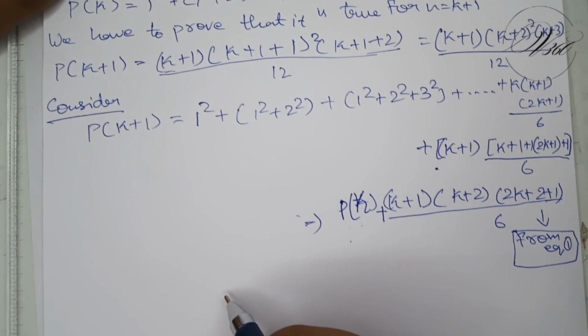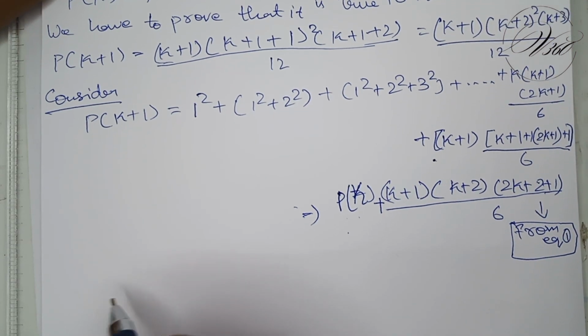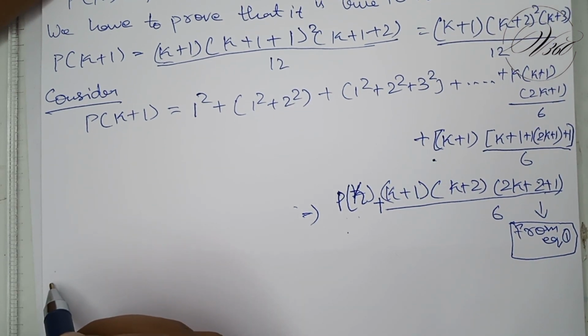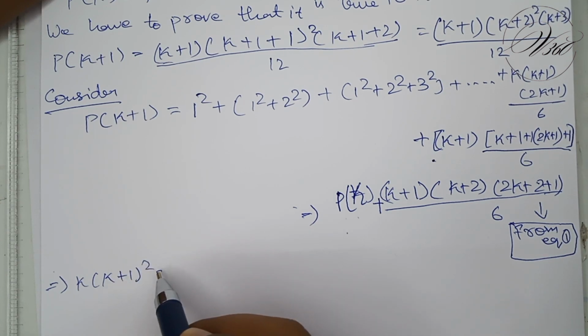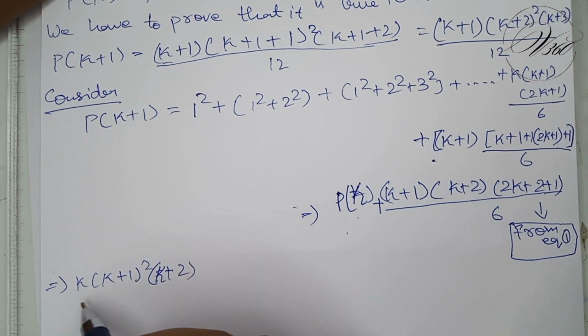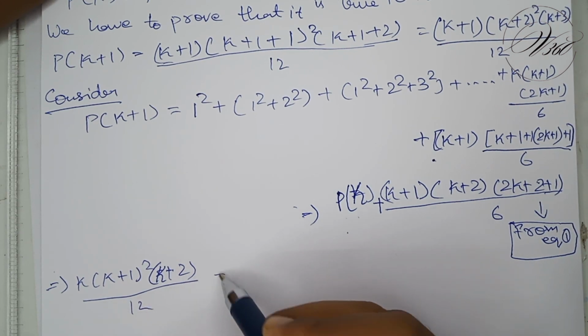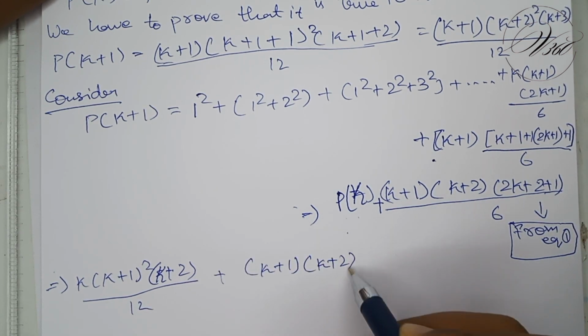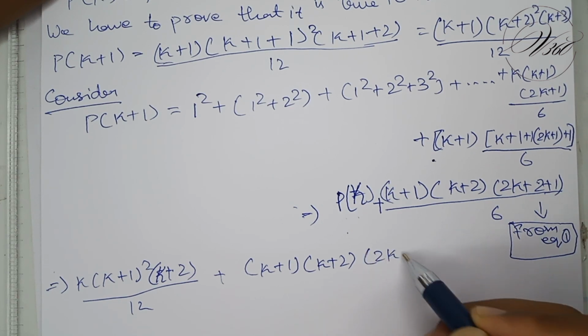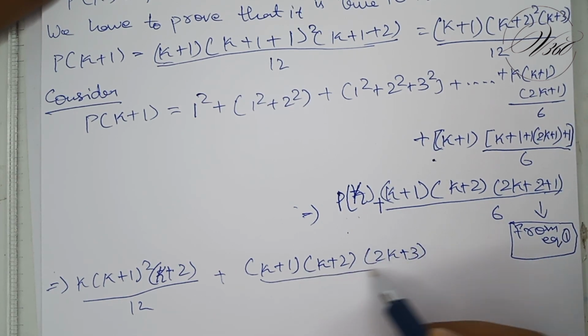Now let us continue. k of k plus 1 whole square of k plus 2 by 12 plus k plus 1 of k plus 2 of 2k plus 3 by 6,